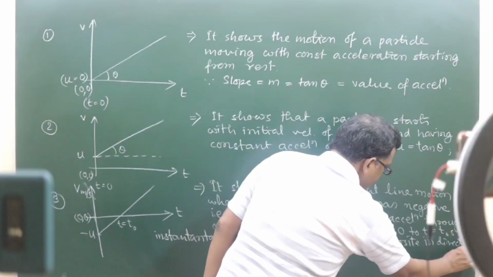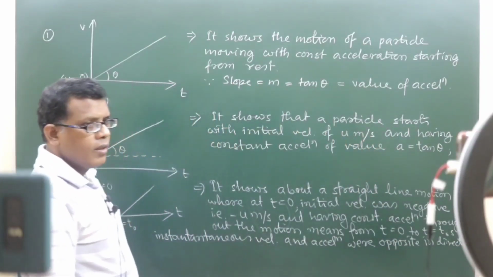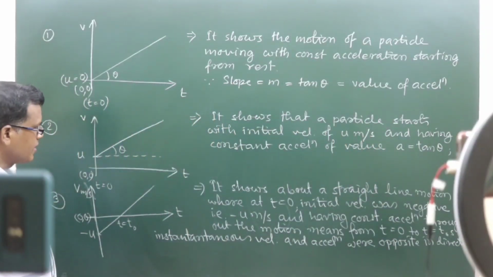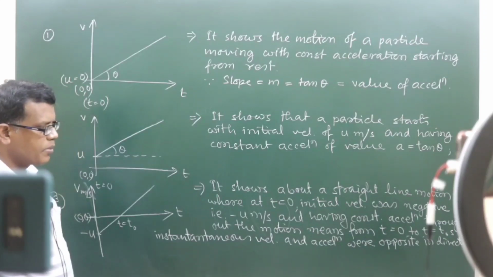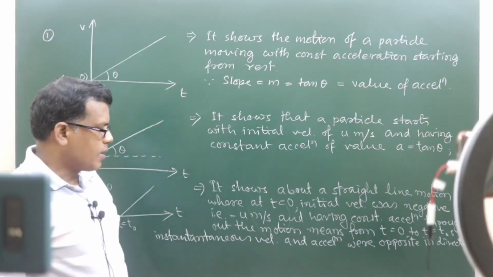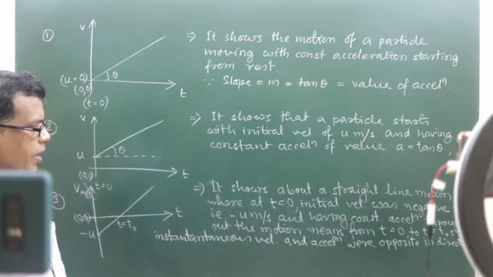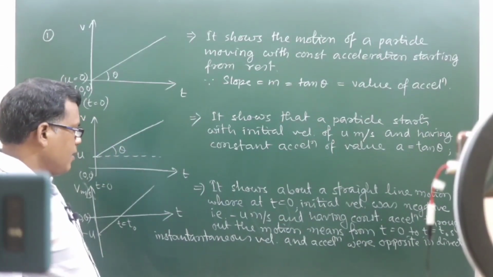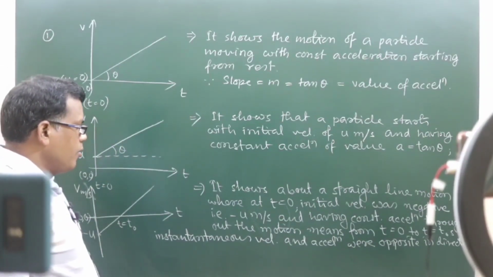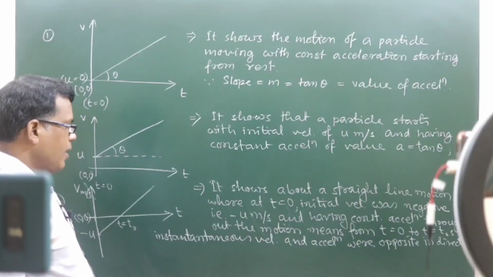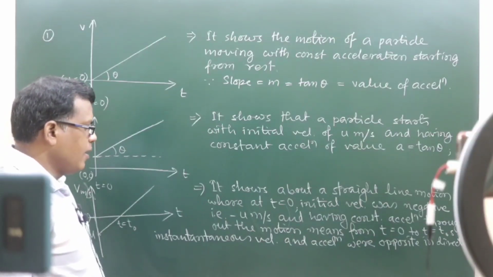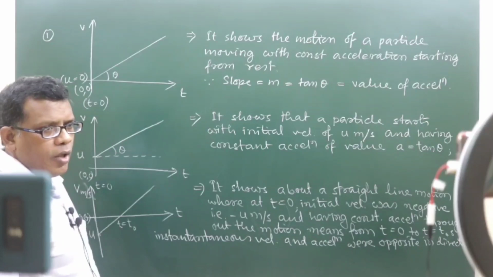Are you getting the meaning of this sentence? Are you understanding the meaning of this sentence, if I am saying that from t equal to 0 to t equal to t naught second, the velocity value was negative and acceleration even before t equal to t naught,